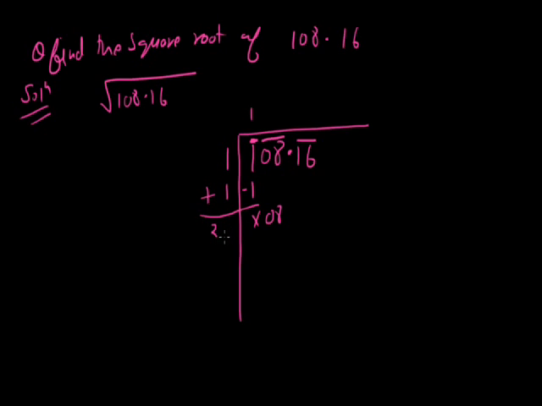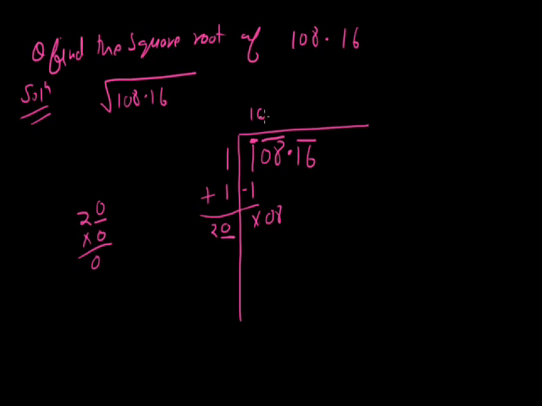Now here I have to write a digit, and I have to multiply the number with that digit so that the product becomes nearby 8. So if I put any digit, the product becomes greater than 8, so I have to put 0. So if I put 0, I have to multiply it with 0. So 20 into 0 becomes 0. Okay, so that's why I have to put 0 here.